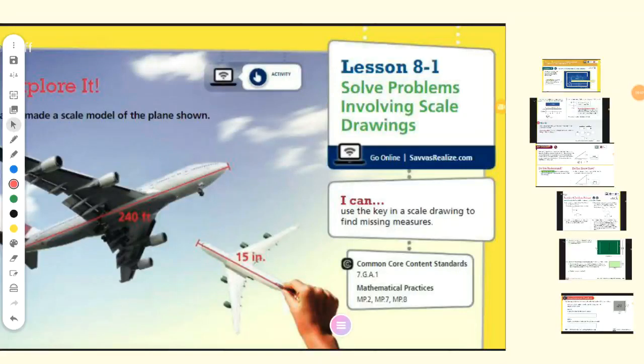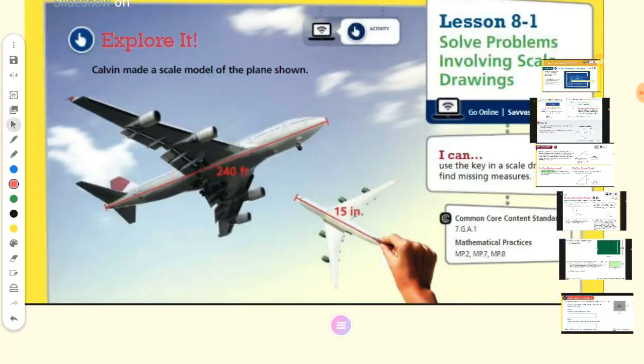Good day, everyone. Today we will talk about lesson number 8.1, solve problems involving scale drawing. The word scale drawing means to reduce a shape or enlarge it. As you see here in the plane, there is a big one and a small one. The bigger one is reduced to the smaller one with a factor. We are sure that it's a factor of reduction, or the smaller one becomes bigger with a factor too, from